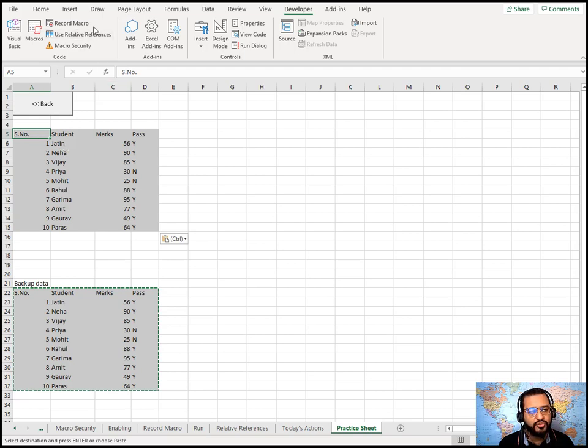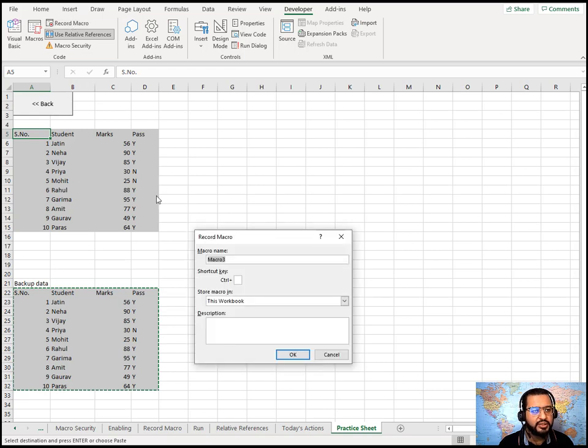Then before recording the macro, I'll go to Relative References and click this button. Now you see Relative References is highlighted, and instead of selecting the entire data, we just have to select one cell, the starting cell. Then I'll click the Record Macro button. This is Macro3 here.